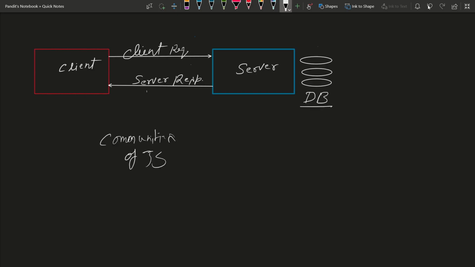So they do one thing. They place the Chrome V8 engine. Chrome V8 engine is a software which is inside our browser.